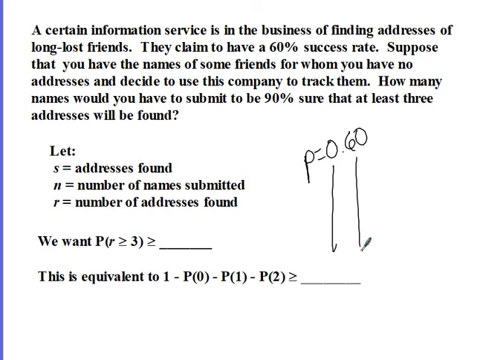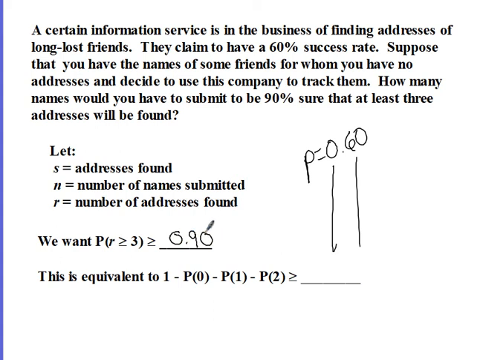Suppose that you have the names of some friends that you want to look up, the addresses, and decide to use this company to track them down. How many names would you have to submit to be 90% sure that at least 3 friends or 3 addresses are going to be found? Really what we're going to do is we want this R to be greater than or equal to 3 to be greater than or equal to